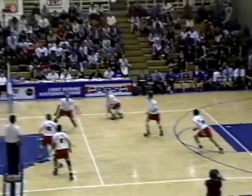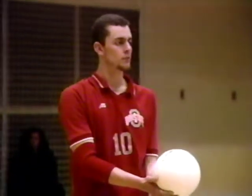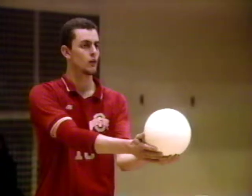Bengoa up by Reimer, good up. Romano with a good swing at it. Did he get the touch? No. I'm not sure there was a touch there. I think he rolled the ball over him, and they're complaining that there should have been a touch. Pat doesn't say, I don't think there's a touch. I certainly didn't see one. I don't have exactly the best opportunity to see such a thing here, but...